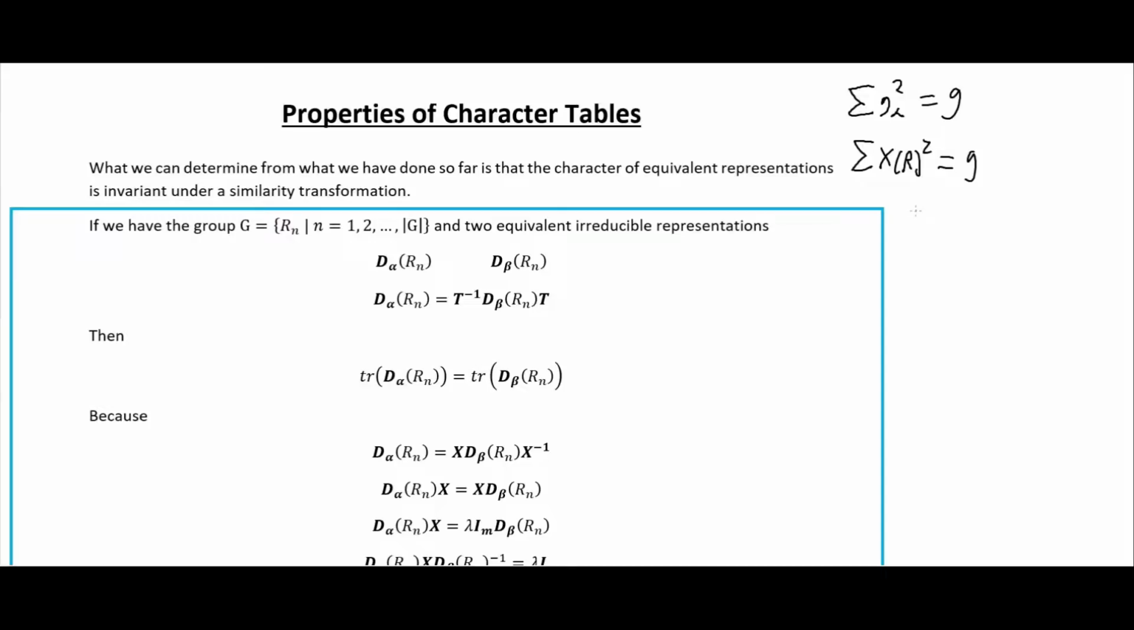And we also used the fact that the number of irreducible representations in a group cannot exceed the number of classes. So the number of irreducible representations in a group has to be equal to the number of classes